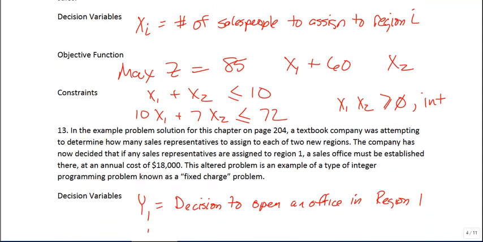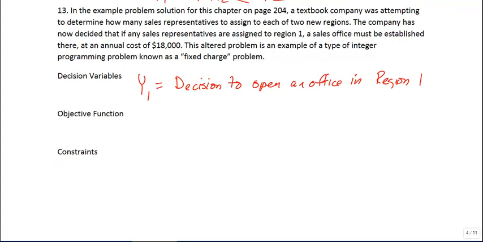Part 2 makes this a little bit more interesting. This is the fixed charge part of the problem. The way this is presented, if we decide to open an office in Region 1, we have to fund that office at $18,000 per year. So what we'll do is define an additional decision variable, y1, and that y will represent the decision to open that office in Region 1, and if we open it, that means we're going to accept that annual cost